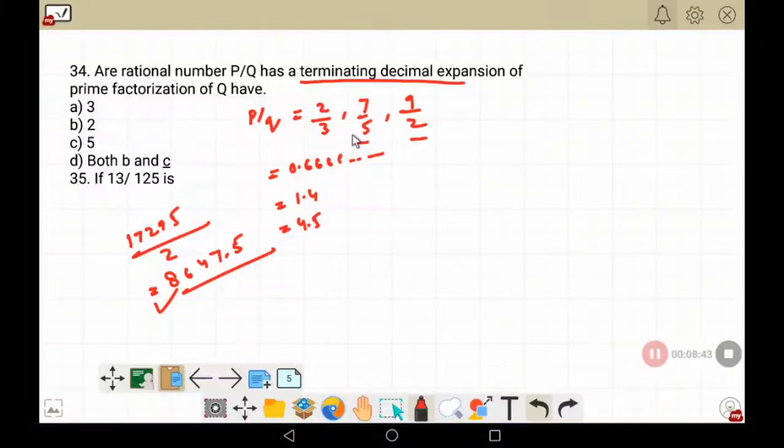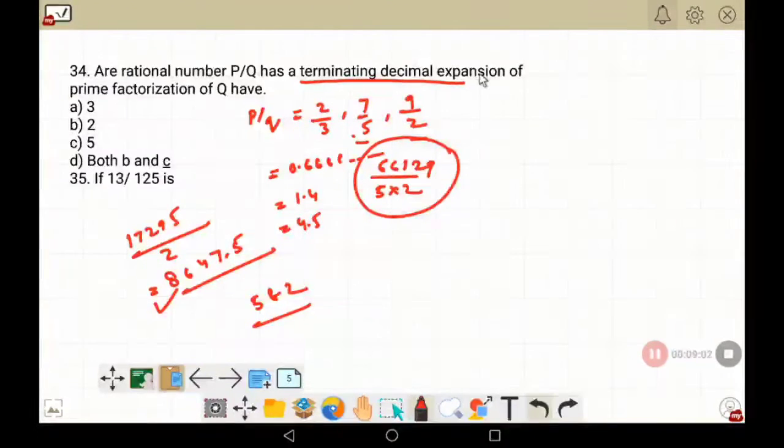Whenever you have 5 or 2 or both 5 and 2 as a denominator, and as a numerator you can have any number, your number will always be a terminating decimal expansion, remember. So both B and C are the answer. If you have 2 or 5 or both as a denominator, your rational number will be 100% terminating decimal expansion. Next,